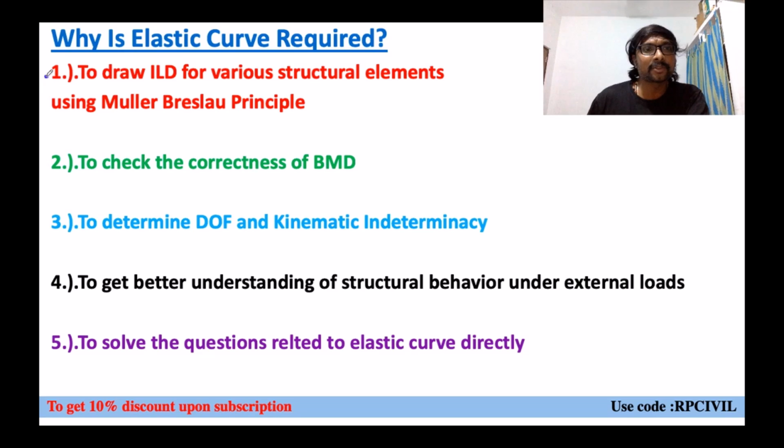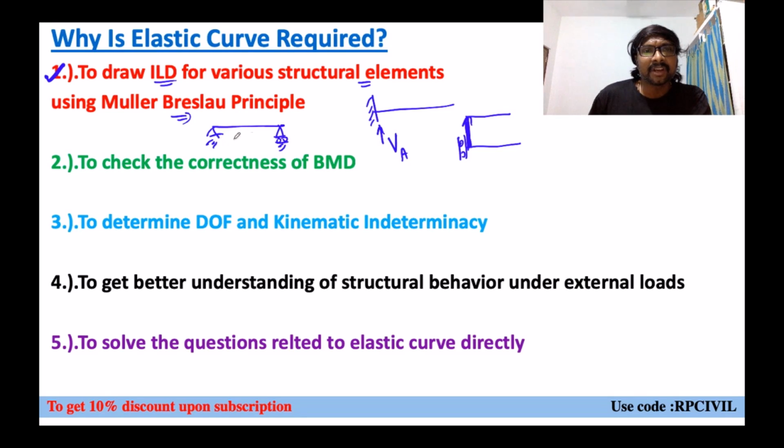The first and foremost usage will be to draw ILD for various structural elements using the Muller-Breslau principle. So according to the Muller-Breslau principle, just for an example, this is your cantilever beam. You want to draw the ILD for this vertical reaction VA. What we need to do? You just remove this restraint and apply unit deflection in the direction of your reaction. What will happen? When you apply this unit deflection, your entire beam will be lifted like this, or not? Yes. And if you are considering a simply supported beam, let us say,